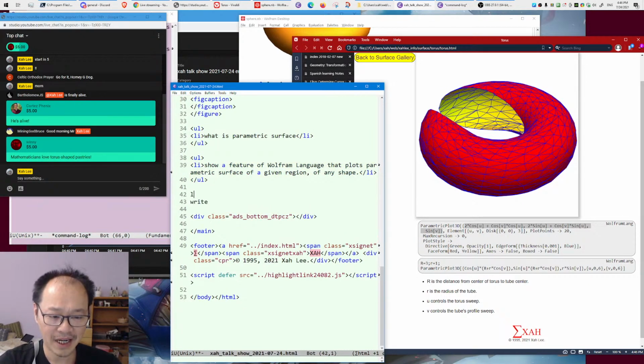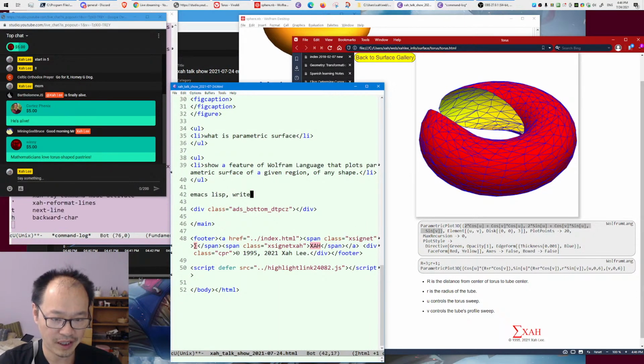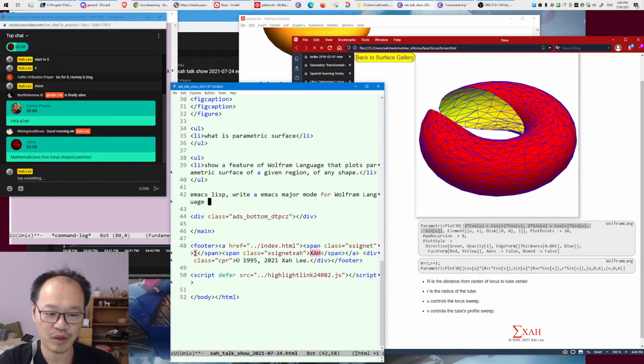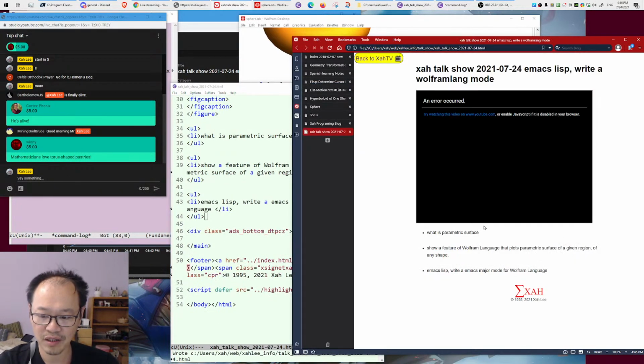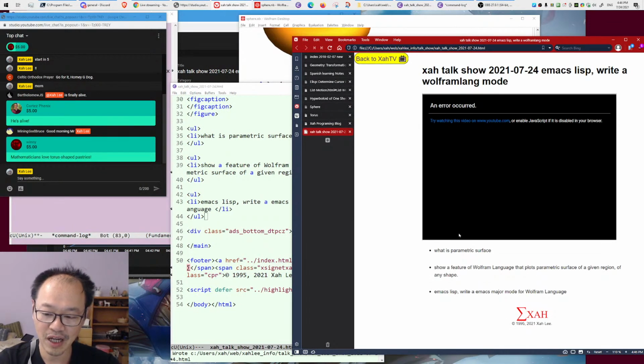Then it's Emacs Lisp time. I'm starting to do a lot of Wolfram Language coding, and I need to code it inside Emacs Lisp. Write an Emacs major mode for Wolfram Language. So soon you will be able to download it for free,